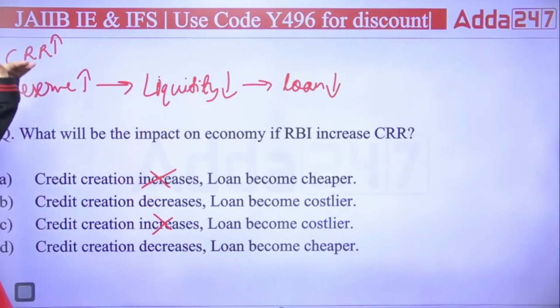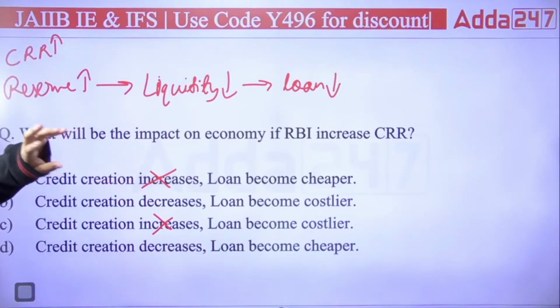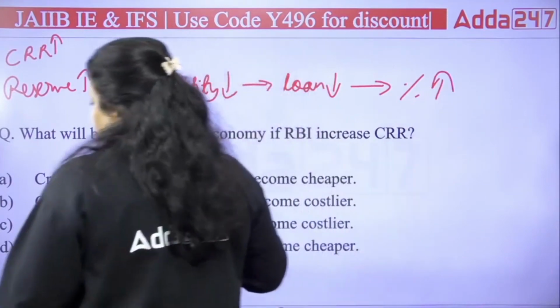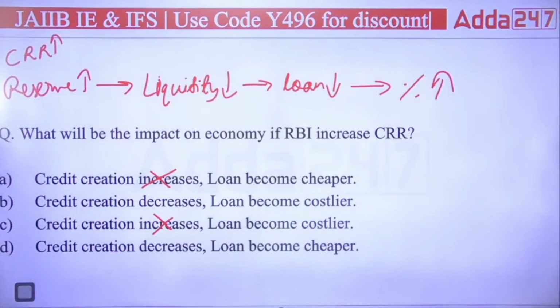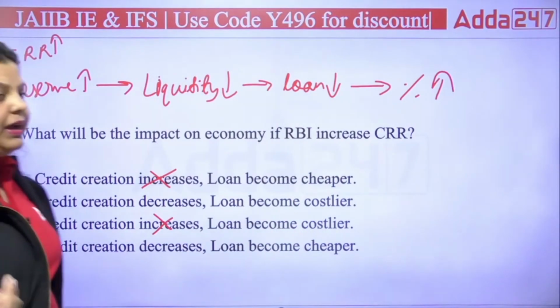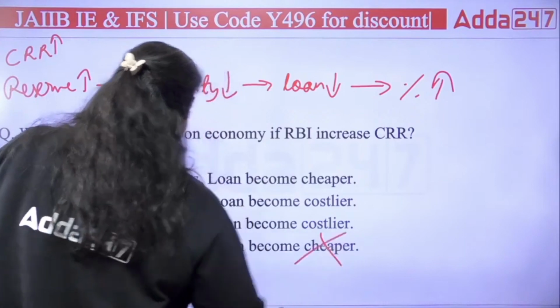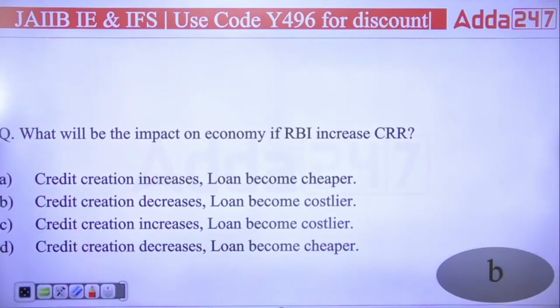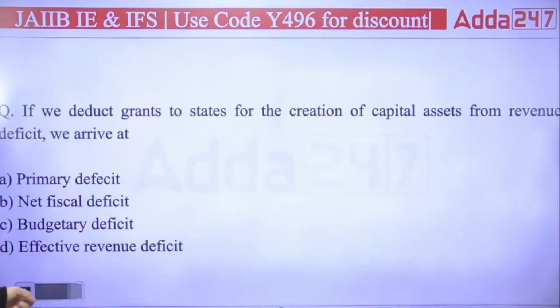It means credit creation will decrease. If RBI has increased CRR, banks have less liquidity and are providing fewer loans, so banks have to cover their income from the fewer loans, so the bank will charge a high rate of interest here. And also, because RBI has made a contractionary monetary policy, banks will also charge a higher interest rate. So the loan will be what? Costlier. Credit creation will decrease and loans will become costlier in case RBI has increased the CRR. Okay, right answer will be B. And why does credit creation decrease? Because banks are providing fewer loans, because banks have less money, the more money they have reserved with RBI in the CRR.